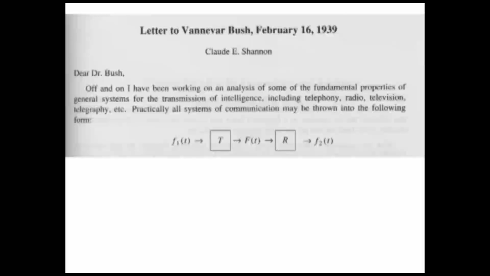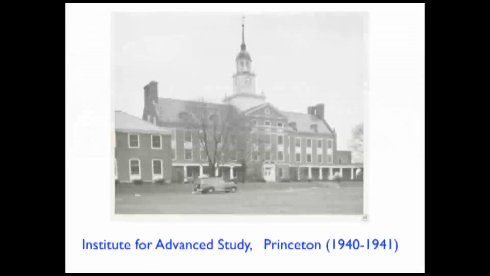All right, so then he moved to Princeton. He got a postdoctoral fellowship at the Institute for Advanced Study. And this institute, as you probably know, is where Einstein was and where von Neumann was, and so on. He was working under Hermann Weyl. In fact, he was basically working on his own. And he said later on in his life that the concept of entropy, for example, he started thinking about here in Princeton.